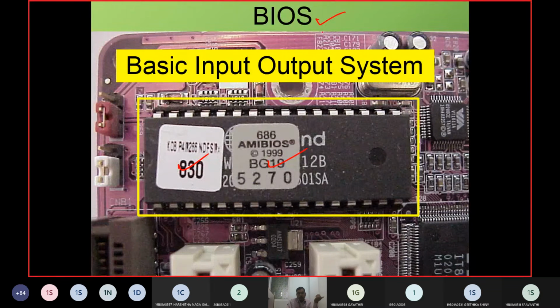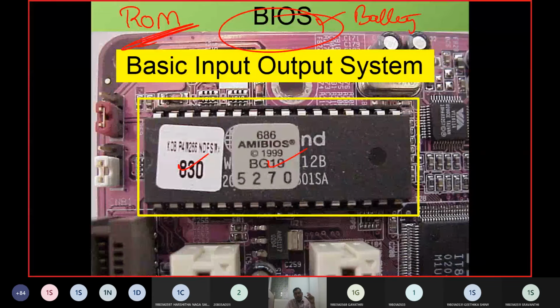That component is called the basic input output system. It is like your brain, like your heart. When we sleep, the brain and heart don't stop working. Similarly, the basic input output system has a battery, and it is a read-only memory, a ROM chip. It has the basic infrastructure regarding battery backup, date and time, and a few components regarding the memory chip setup, which should come first.